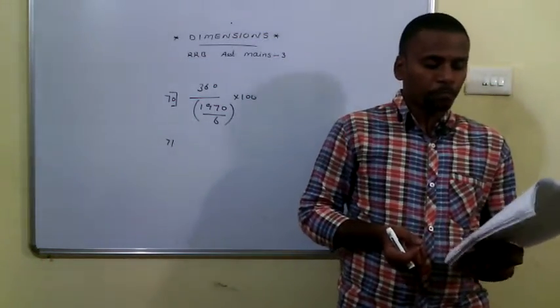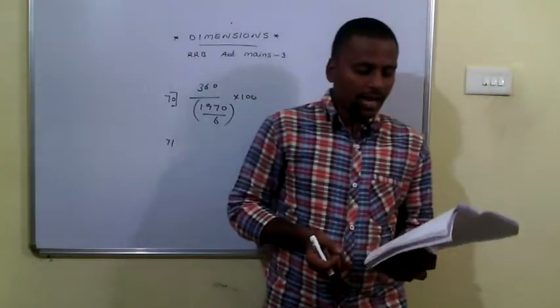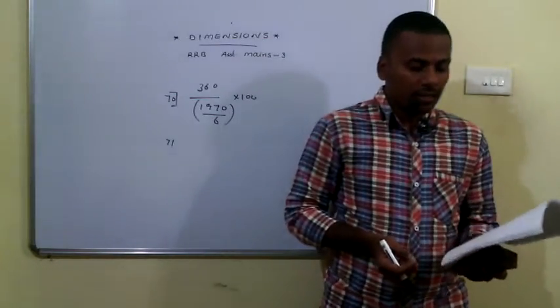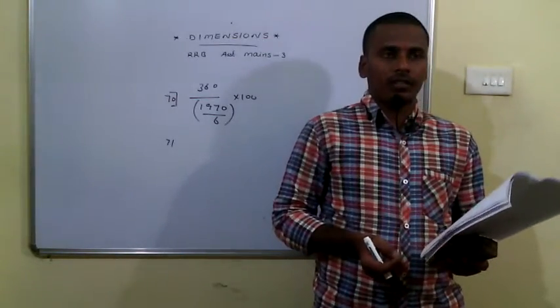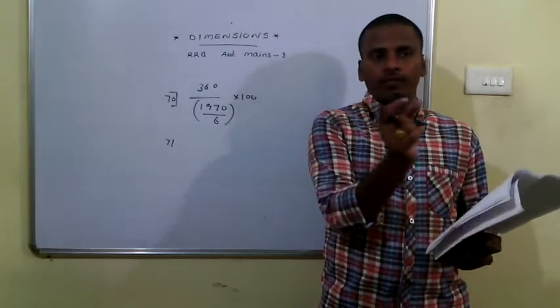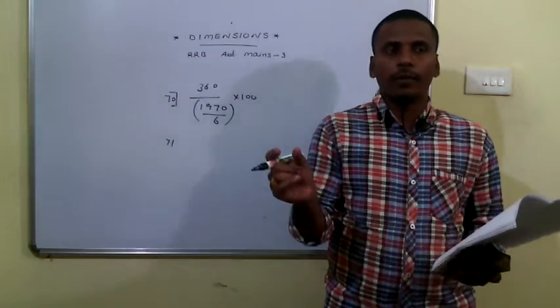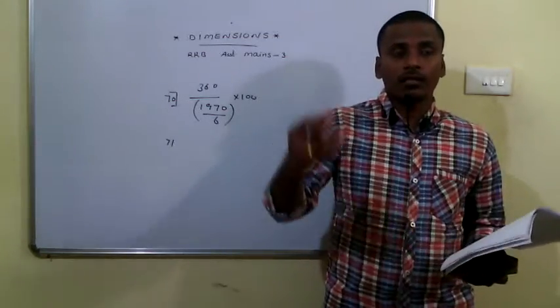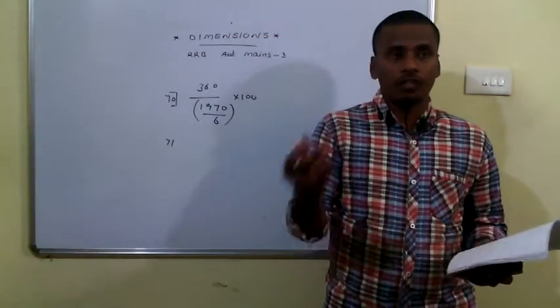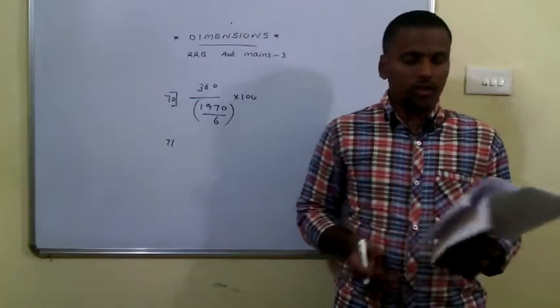Then coming to 33. Which company has less average production in the last 3 years when compared to the first 3 years? Add the 3 values for the first 3 years for every company and the 3 values of the last 3 years for every company, and observe that the last 3 years' production is always greater than the first 3 years. So your answer for the question is none of these.